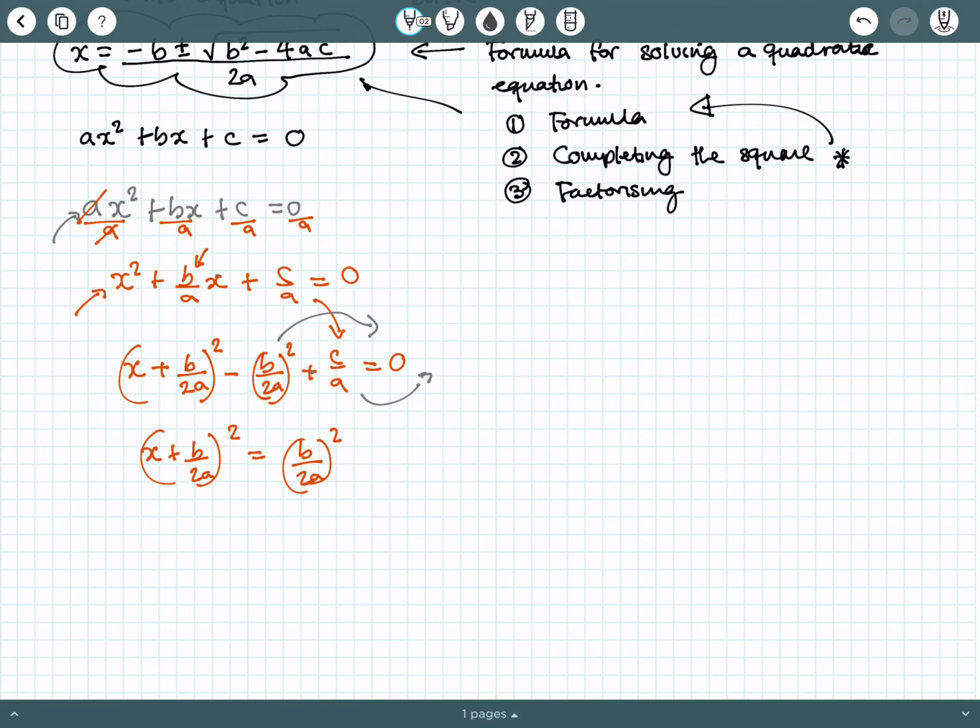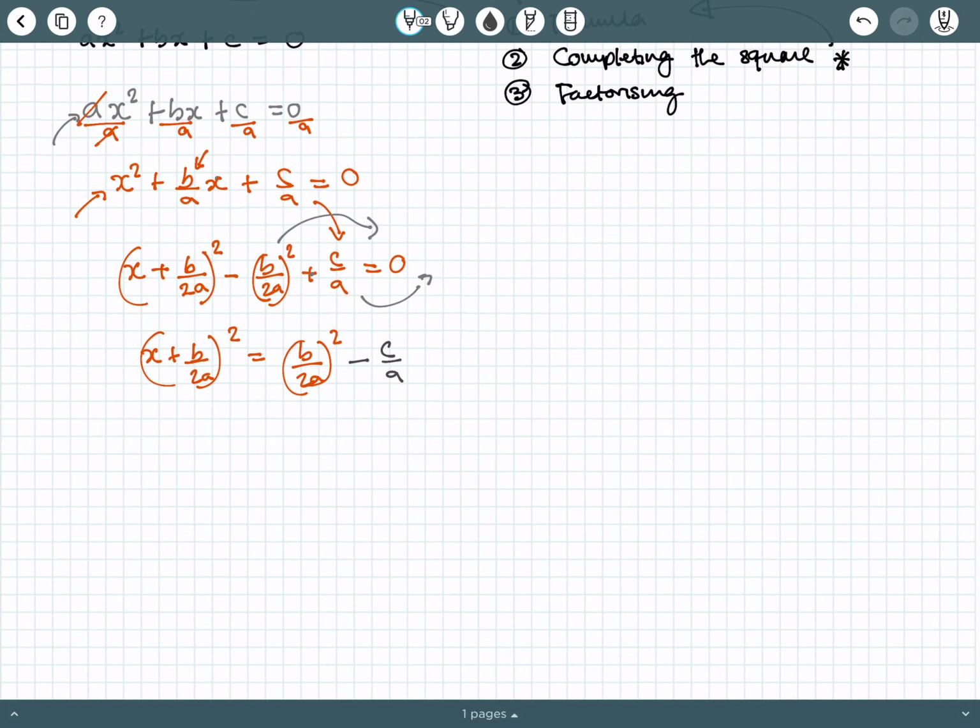So that's just minus c over a. Okay, then I can rewrite this again. Over 2a squared equals, I'm going to simplify that, so it becomes b squared over 4a squared minus c over a,